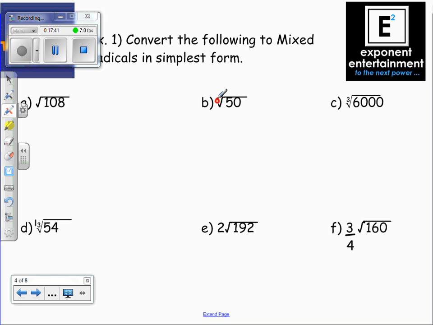There's no number there. The index is 2, which means we work off our squared chart that we created. The index is 2, so we look at the exponents that are 2. We need to find the largest number from this table that divides into 50. Matthew, 25. That means we can break it up into the square root of 25